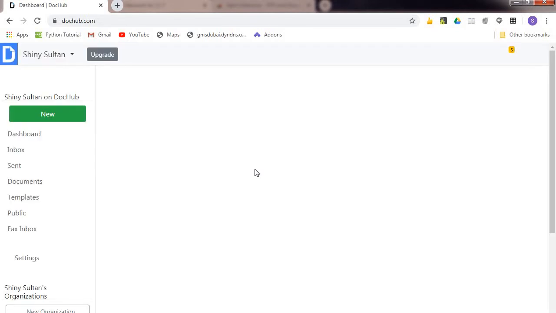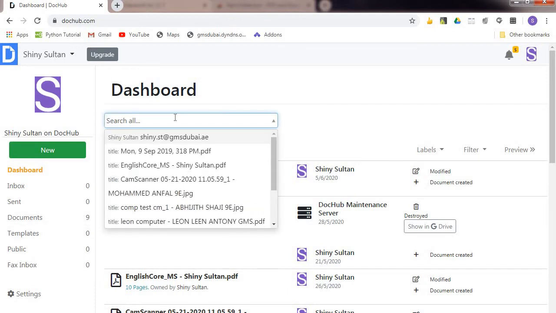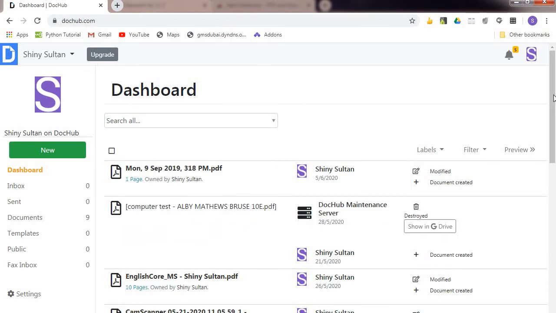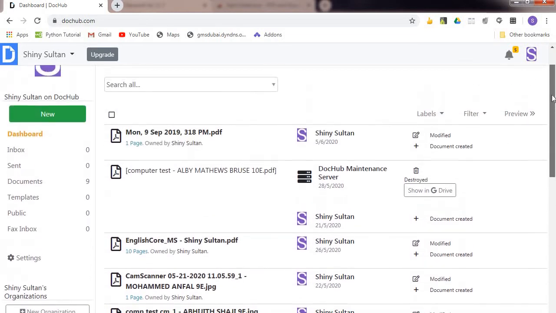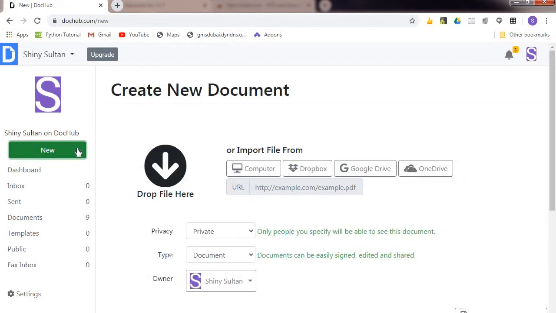That means if the trial version is already finished, you can do it with different files. So from here, the first option, you can select the documents. Here some documents are already corrected. If you want to take it from your Google Classroom, you can directly go for the Google Classroom, or else if you want to take it from new, in the left side you can see the new, click on the new button.